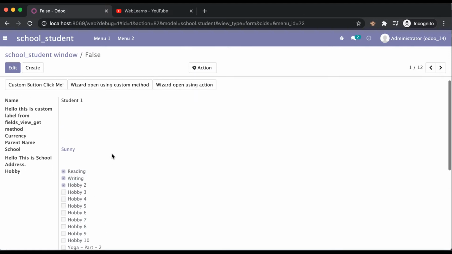So what we have to do here is create a new student, and we can also add these multiple hobbies using the many-to-many field. So the main goal here is how we can add a many-to-many field in a CSV file.